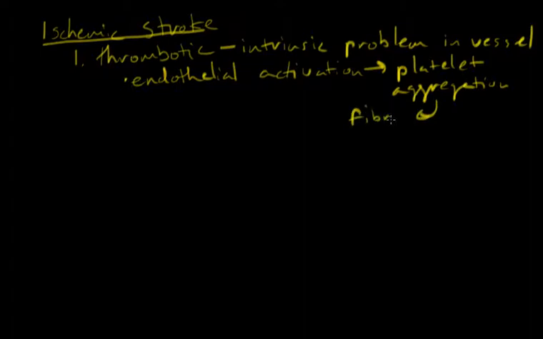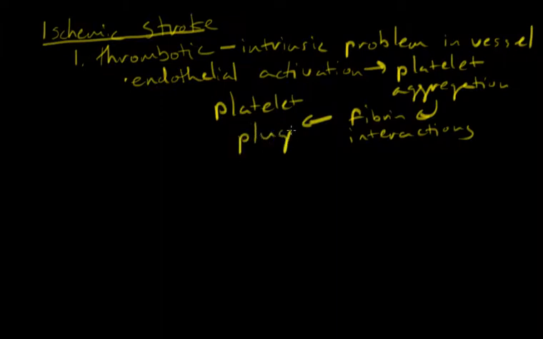And this in turn leads to the formation of a platelet plug. And this platelet plug then goes on to form a thrombus, which then narrows the artery, creating a stenotic artery where you have decreased blood flow, decreased nutrients, decreased oxygen to parts of the brain,